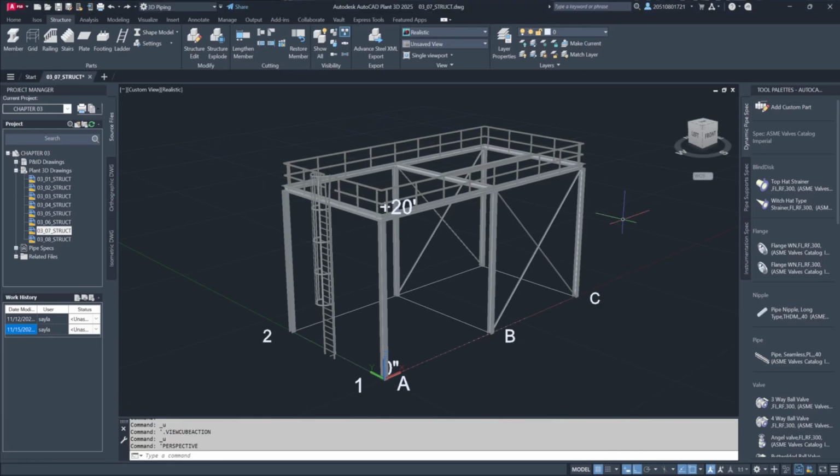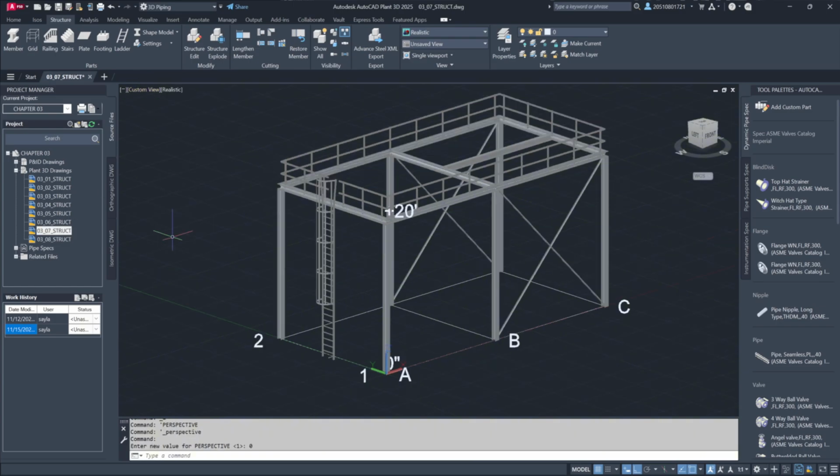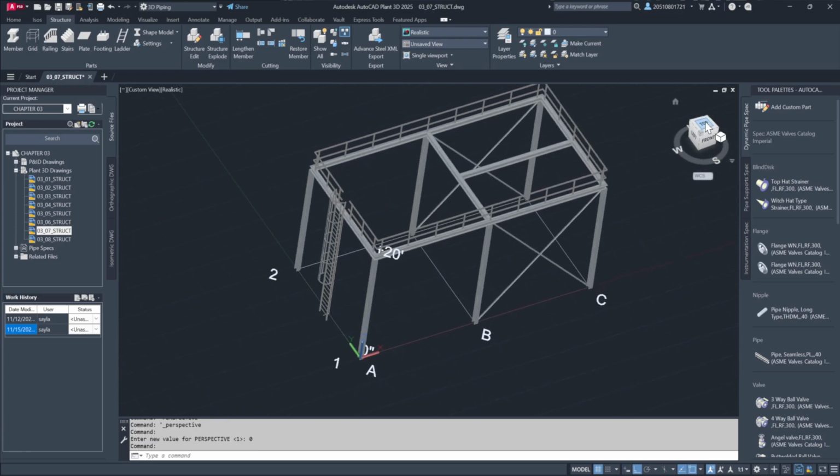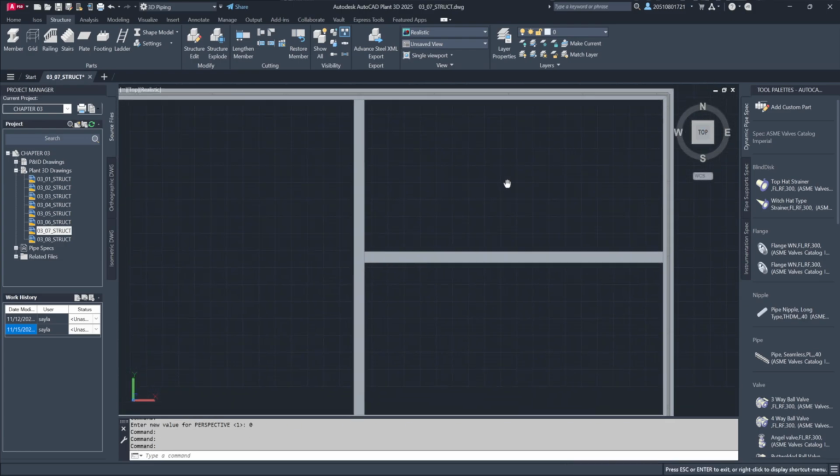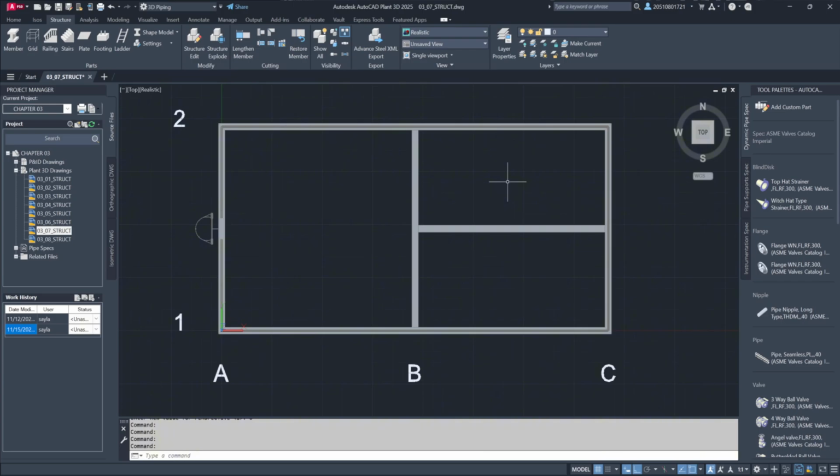With the platform structure in place, let's explore how to add grating. Open the Project Manager and load Drawing 3_7_struct. Start by switching to Parallel Mode and select the top view. Here, instead of using a line model, we'll keep the shape expanded to snap accurately to the structural beam's intersection